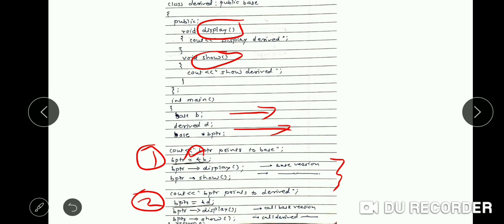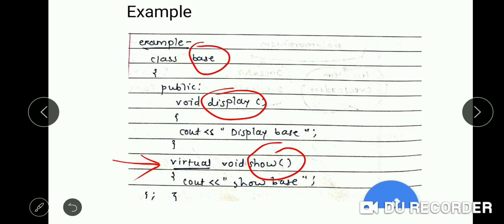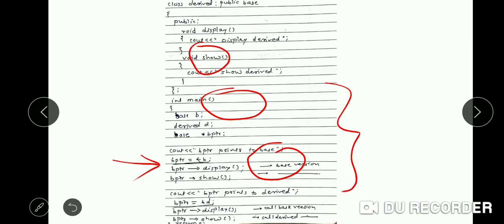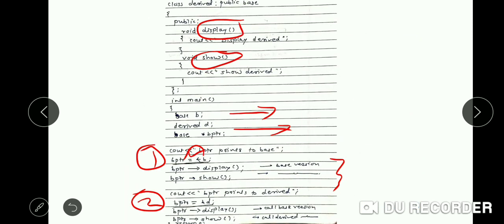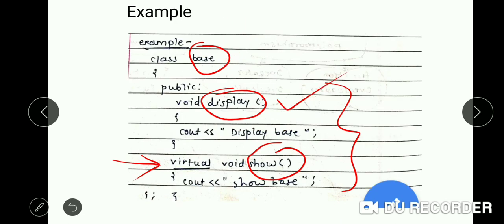So bptr display, bptr show, it executes whatever functions are written in the base class. Again, if you assign the derived class object address inside the base class pointer, then it again displays the base class function itself. So bptr display just calls the base class version, that is this particular function.